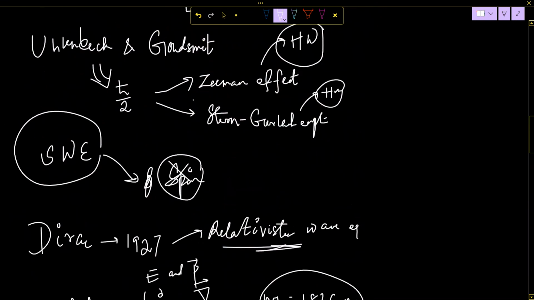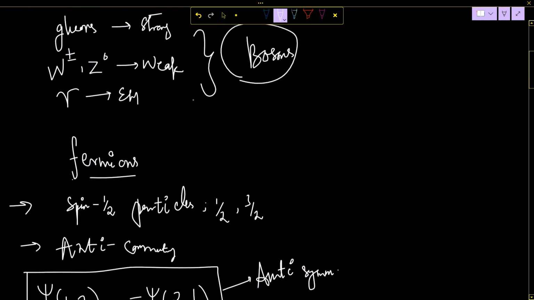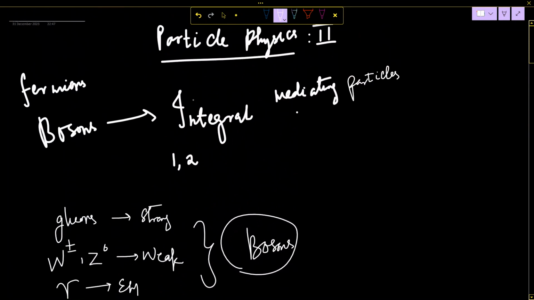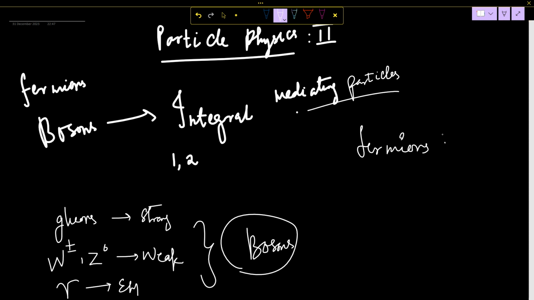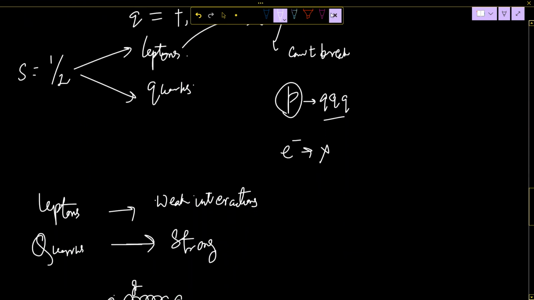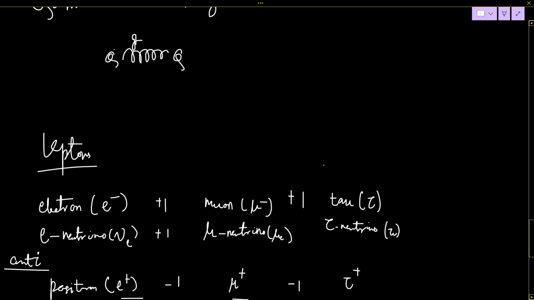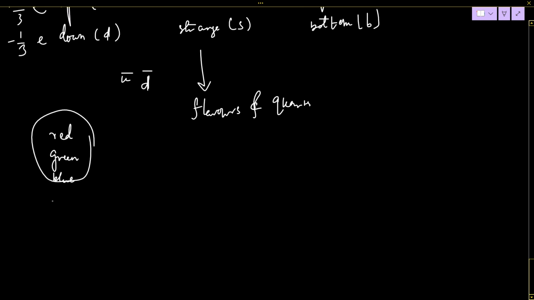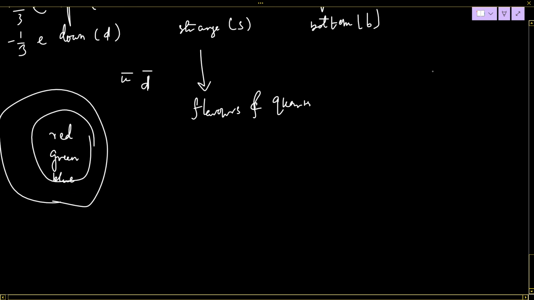So this is overall a brief lecture on fermions. Basically we studied fermions in this class, the fundamental particles, the particles that real objects are made of. That's it for today. We will have the next lecture on the color of quarks: red, green, and blue. Thank you very much.